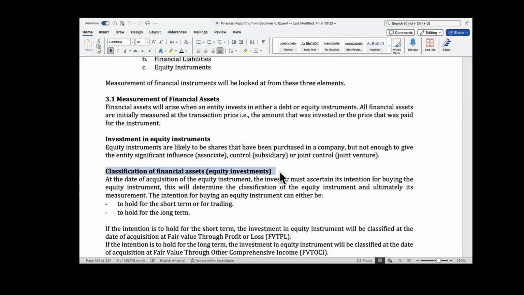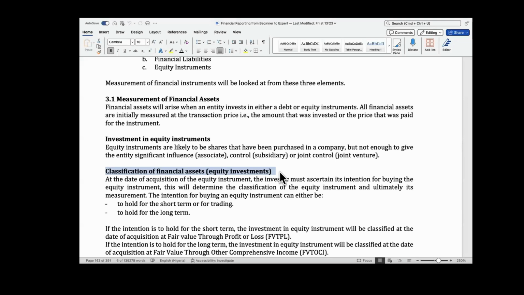It is to make your office environment conducive. If you buy furniture, everybody knows it's for administrative purposes. Those are clear. But when it comes to buying shares, people have different motives,